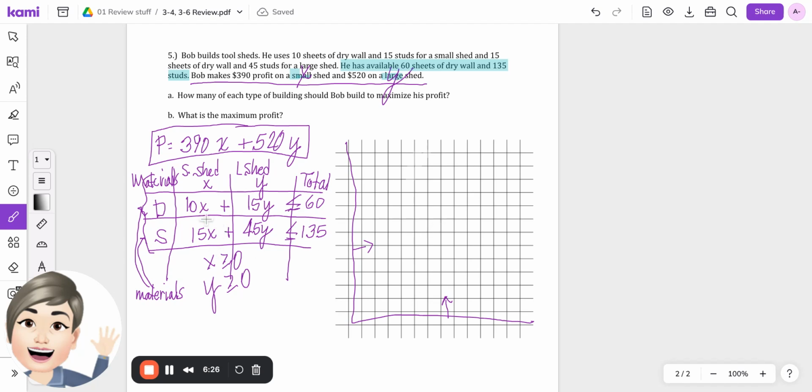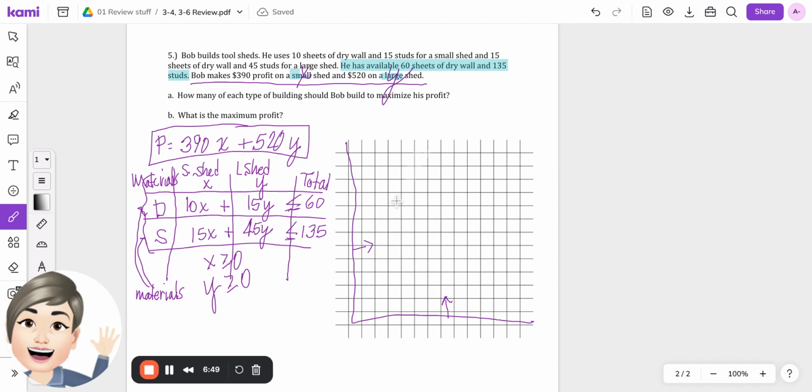Okay? So now you're going to solve this inequality for y, the related equation, and this one, and you're going to graph. That's why there's no numbers on here, because you're going to have to scale this. These are bigger numbers, okay? So you might have to go by 10s, you might have to go by 5s, right? When you're done and you shade, because I'm not going to do this whole problem on here,